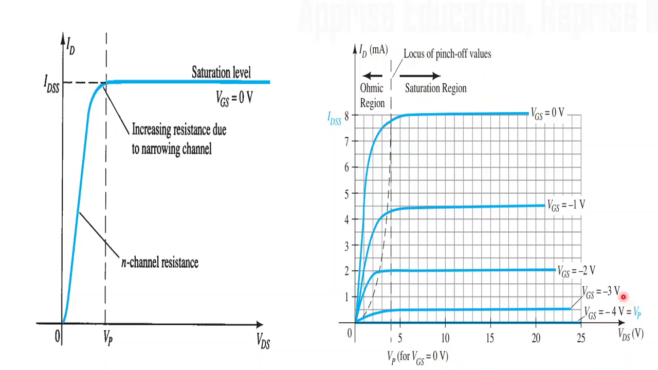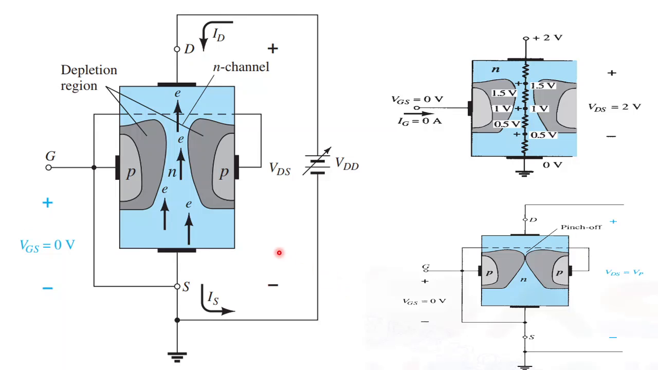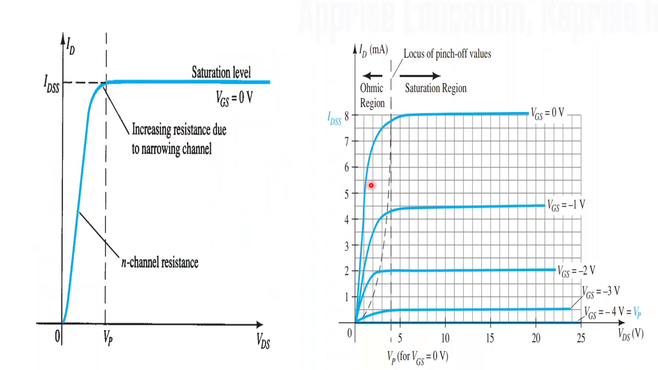But when it comes to a voltage of minus VP, then there will be a cutoff effect. In this case, these two portions will absolutely touch each other and no ID will flow. So that's what happened here. Here is ID and IDSS, both are